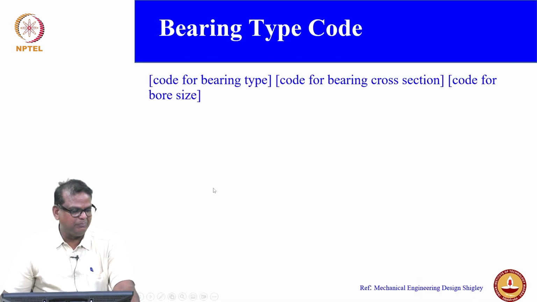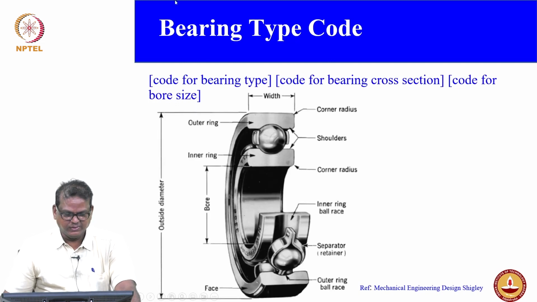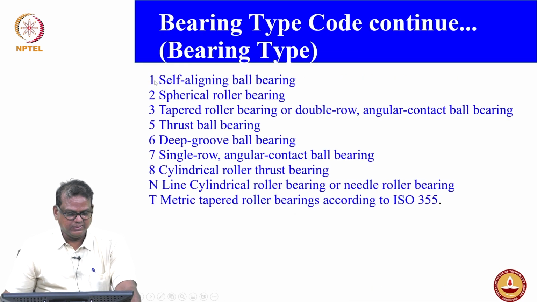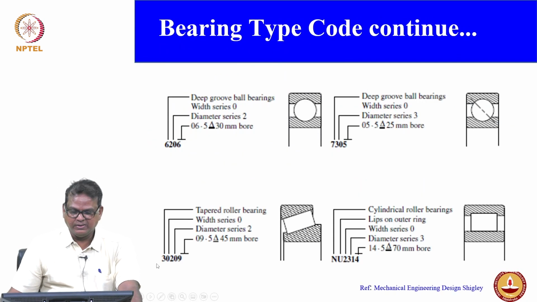More importantly, the bearing code. You will have a code for the bearing type, a code for the cross section, and a code for the bore size. Look at this: 1 for self-aligning, 2 spherical roller bearing, 3 for tapered roller bearing, 5 thrust ball bearing, 6 for the deep groove ball bearing, 7 single row, 8 cylindrical, N is the special type of cylindrical, T is the metric tapered. Depending on the numbers, you have to decode. You can see here,